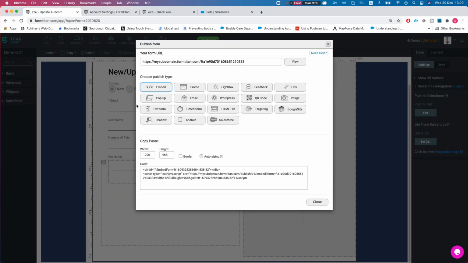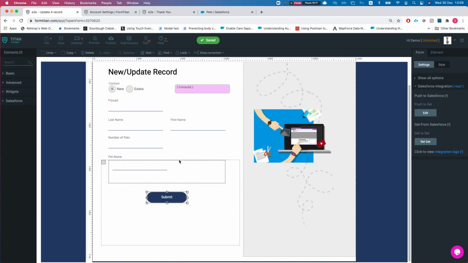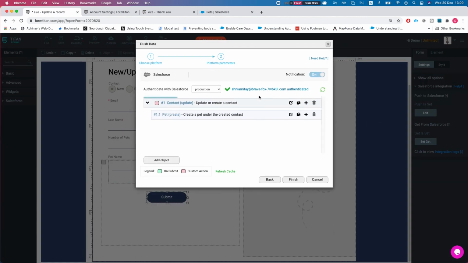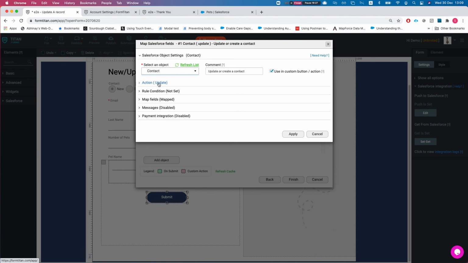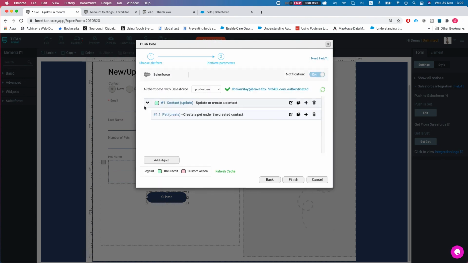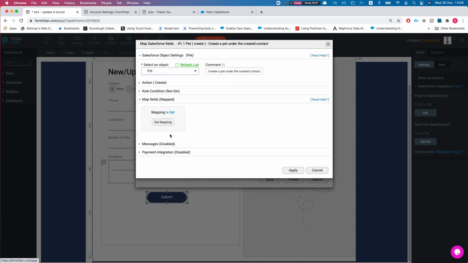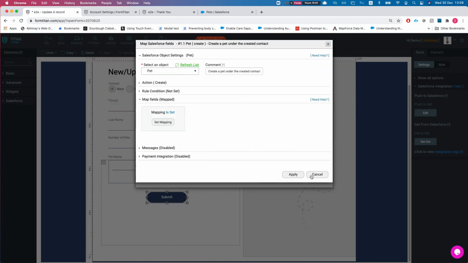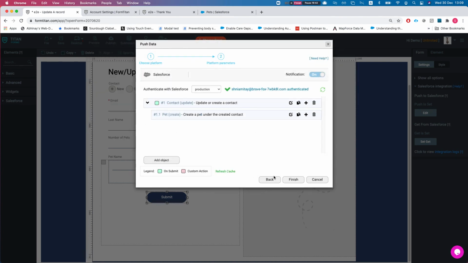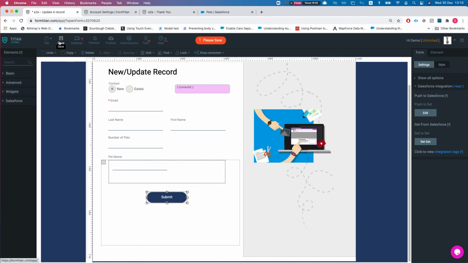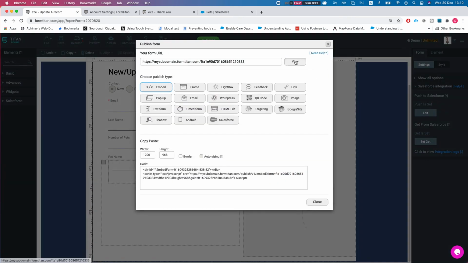Now let's head back to the form and we will change it to a submit. Okay, so let's change this guy to submit, and we also have to alter the action. So this will run on a submit. I took off the custom action button. We can see that the legend color has changed and everything here stays the same. And we can do finish and save, and let's publish this,